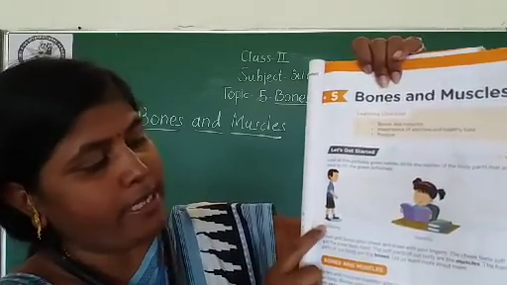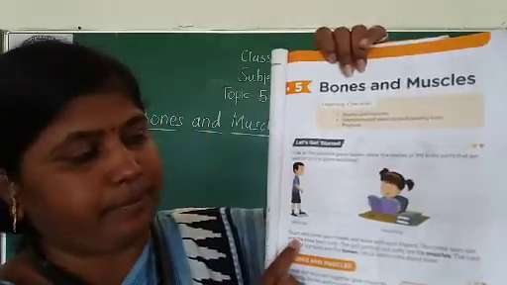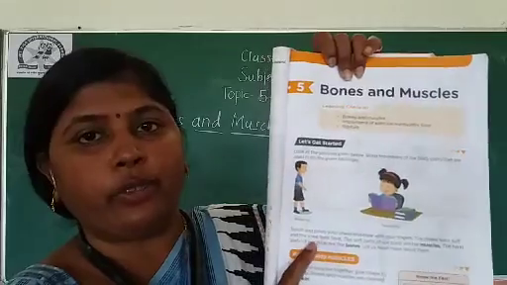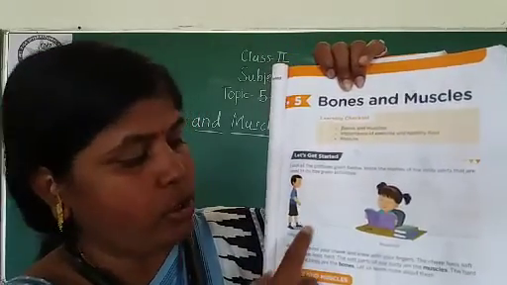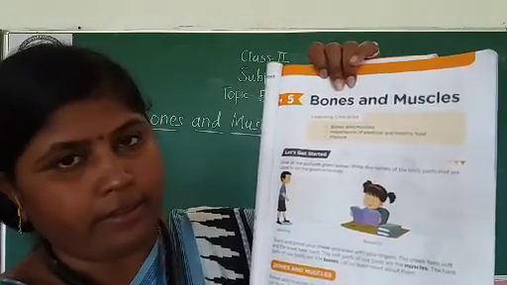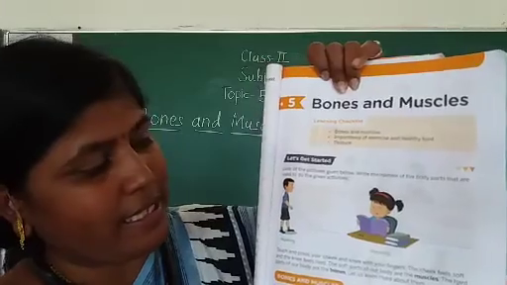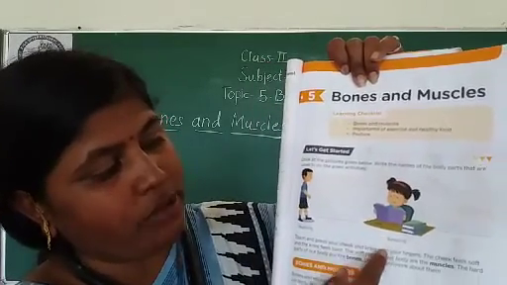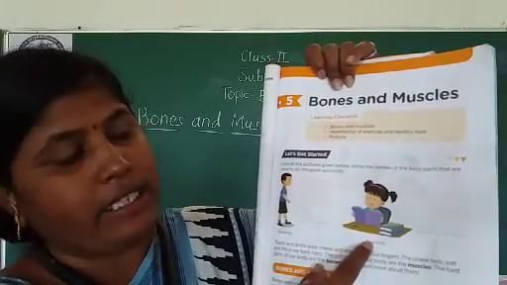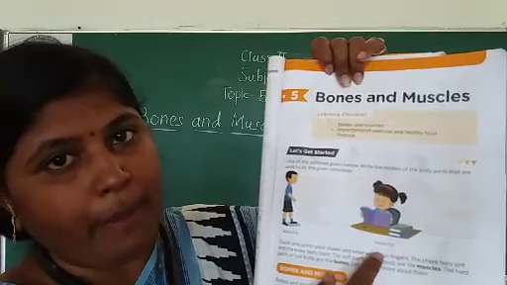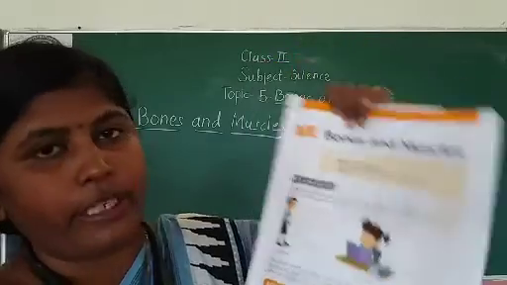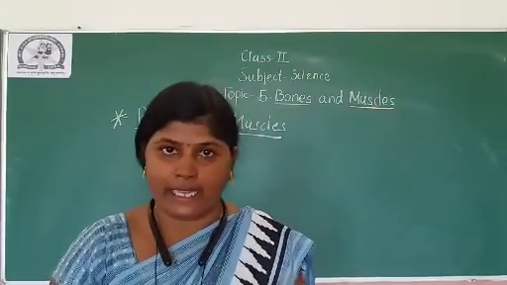The boy is walking, and the word walking is written here under the picture. For walking, which body part do we need? Yes, legs. So you have to write L-E-G-S, legs. Next picture, a beautiful girl like you. What is she doing? She is reading. She has a book in her hand. For reading, which body part does she need? Yes, she needs her eyes to read. So you have to write E-Y-E-S, eyes there.